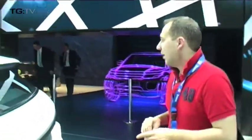Now, it's due for production, and we should see it on the roads from late summer of next year. So this means that eventually we'll probably see the cars on the road from September. So it's still a long time to wait before we see this car on the road, but well worth looking at the order books because this is bound to go quickly. Because of its popularity and because it's still a Range Rover,